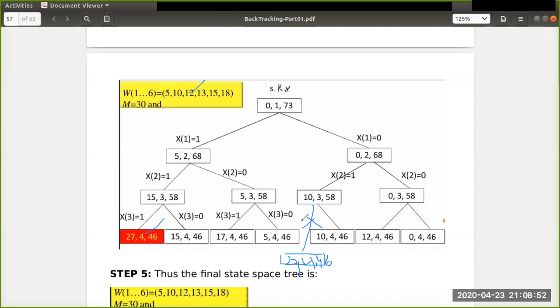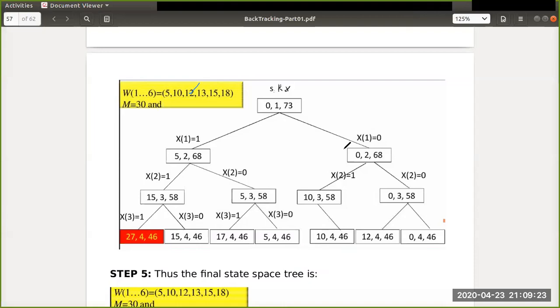Actually, based on the tracing algorithm, we need to mention this also. This one also needs to be mentioned. Here we need to stop, but before stopping, we generate the left side. Okay, so that is not a problem. And let's see. On this side I have not included the weight of the third item. 10 is the same, and this is the same. Coming to this side, I have not included the first item or second item, but I included the third item. The third item weight is 12. 0 plus 0 plus 12, that means 12, comma 4, comma 46.